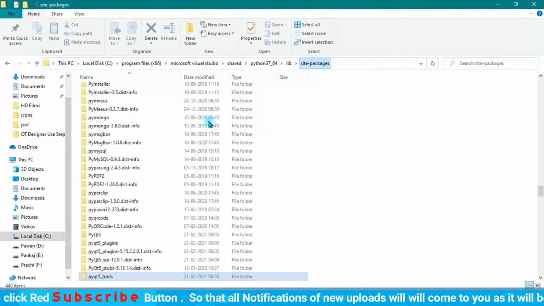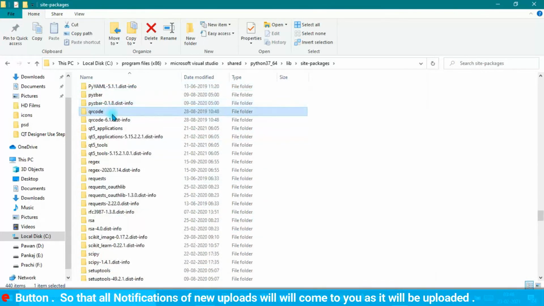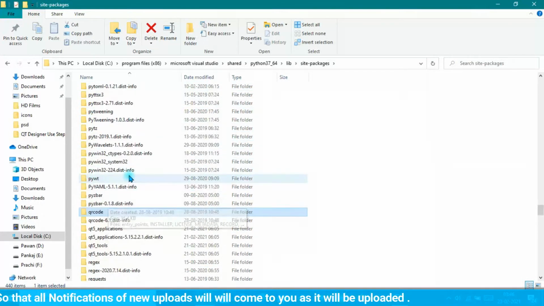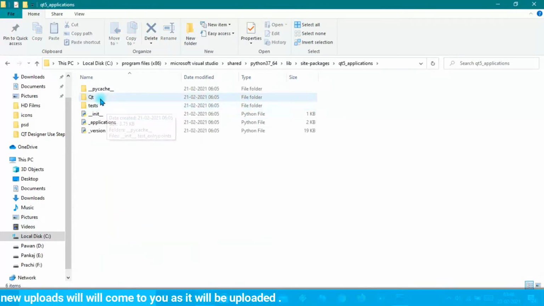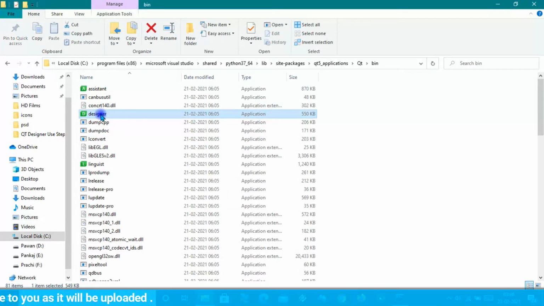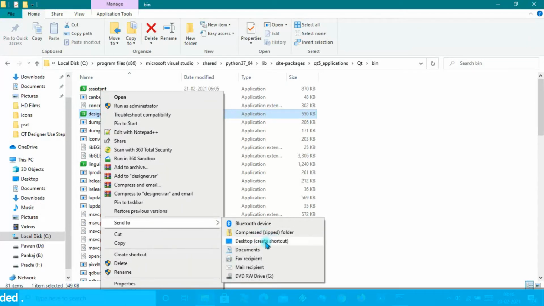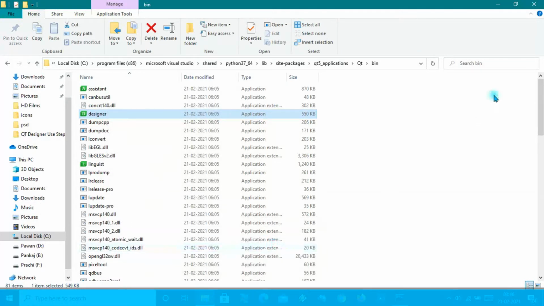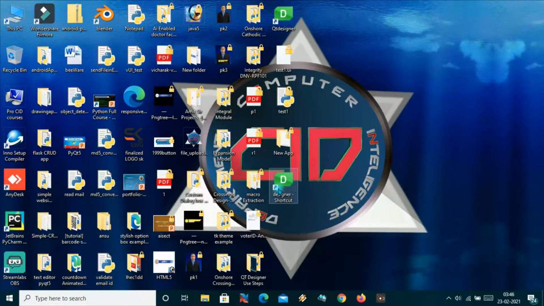So our tools are here in Qt tools. We'll go to Qt5 applications, in Qt, in bin, and now our designer. I will just send it to the desktop to create a shortcut. I have created the shortcut. Let me close this command prompt. Here is the shortcut, and now let me open it.